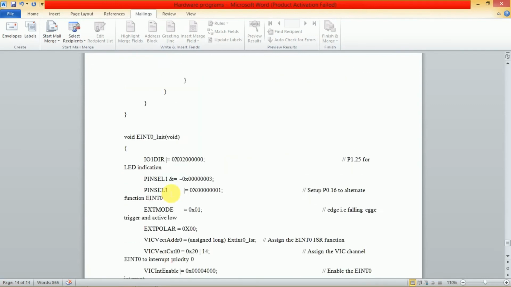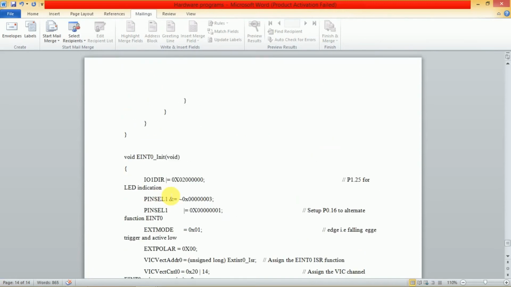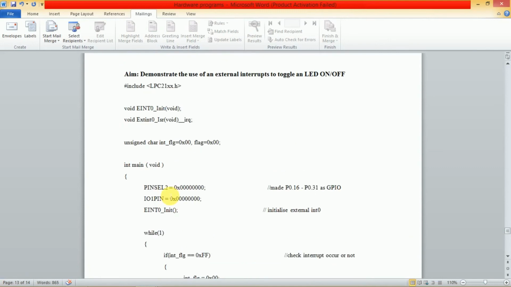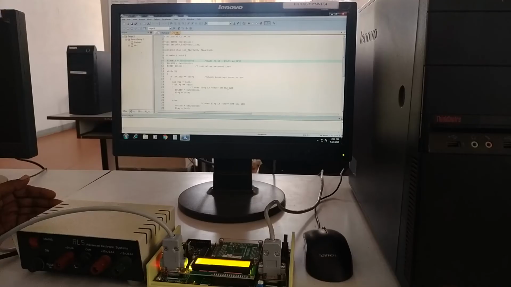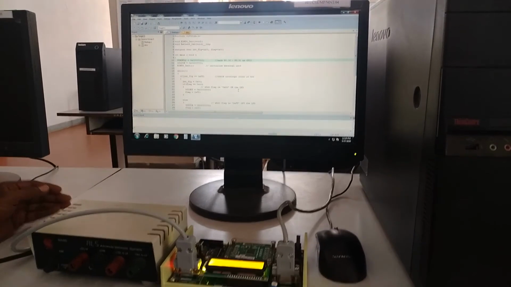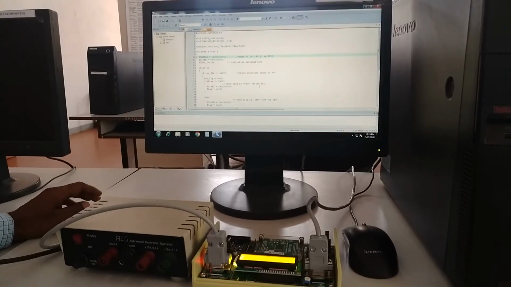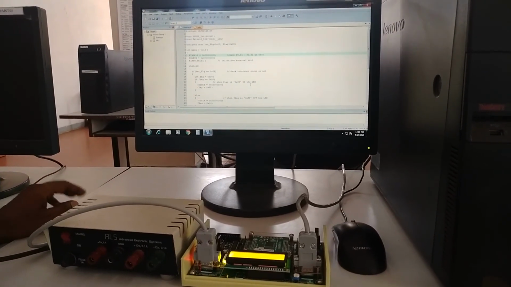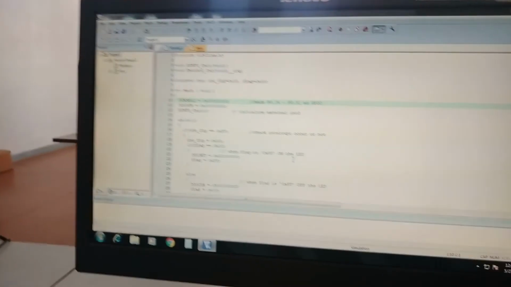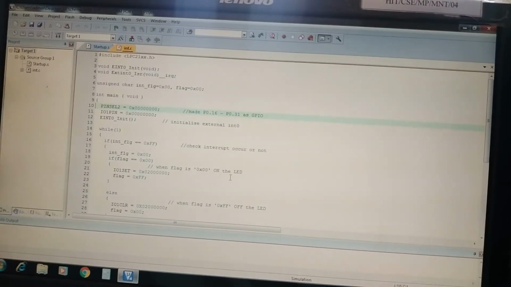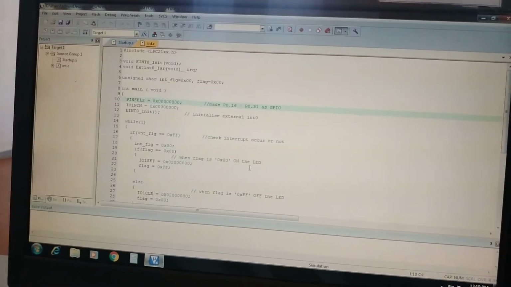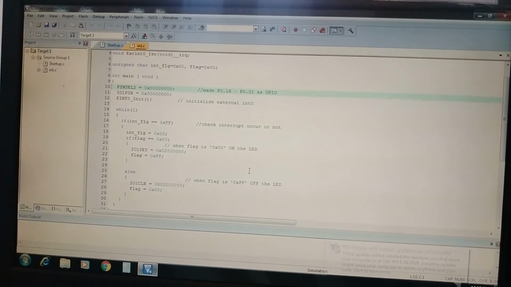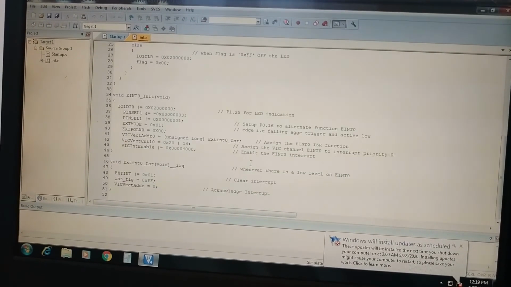So in this way the LED turns on and off; we are writing this simplified code in C language. Today we will give the demonstration of the external interrupt toggling the LED on and off. Yesterday I explained all these coding techniques. Now we are going to execute this program, and before that, how we will connect the hardware part to the particular microcontroller.